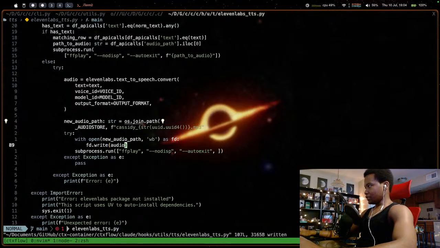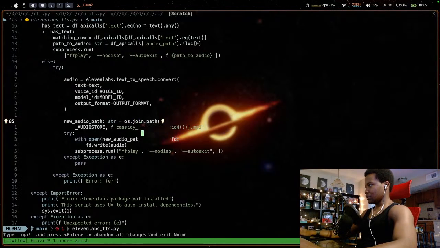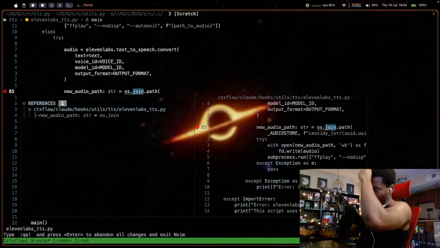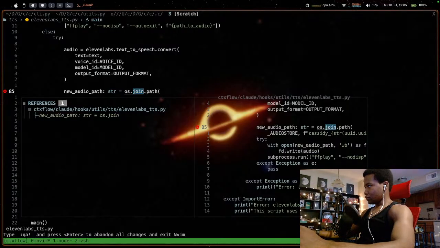So new audio path, which is temp. It's just going to get overridden every time. os.path.join. What is the issue here? I can't type. That's not what I want. Apple.